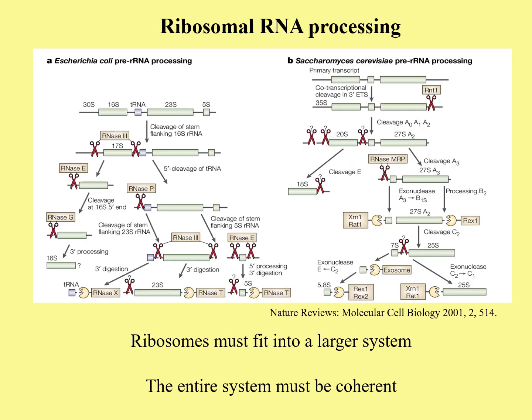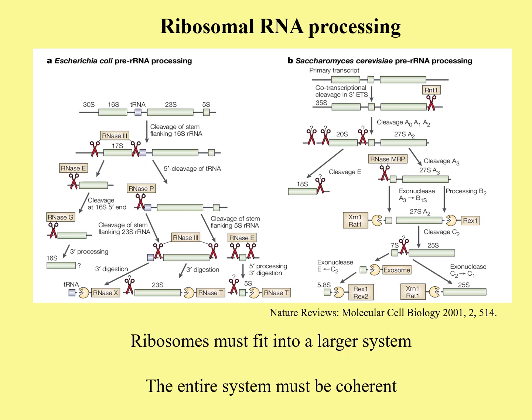The process of assembling the ribosome is also irreducibly complex. It involves cutting of RNA strands in precise locations to make the ribosomal RNAs, and also association of the ribosomal RNAs with specific ribosomal binding proteins to create the final structure. This diagram shows the processing of RNA to form ribosomal RNAs for E. coli and for yeast. The ribosome is itself part of a much larger, irreducibly complex system of translation, including tRNAs